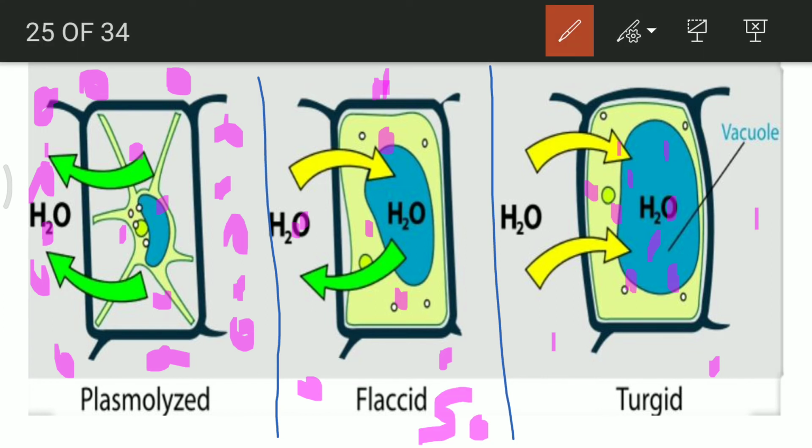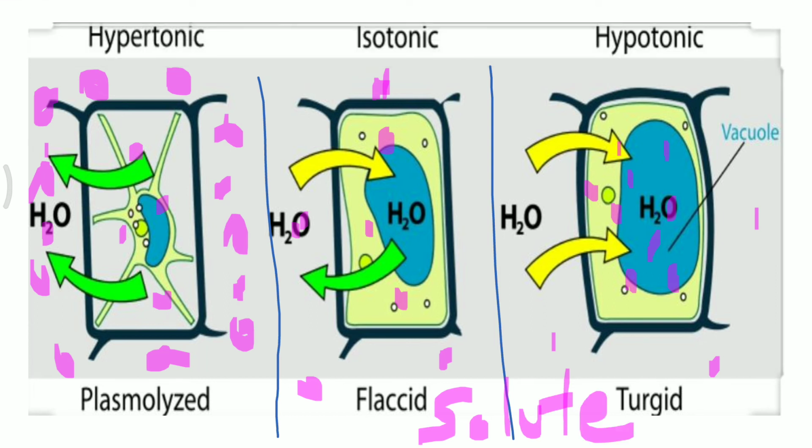Let me write. If I write solute, then you can connect to it. So the pink dots are representative of solute, and whenever you see more dots, that is representative of solute concentration, more solute to less solute. So every time, water moves from higher concentration of water to lower concentration of water, and water is higher in the area where there is less solute. So it is from inside the cell to outside. That is what takes place in hypertonic solution.